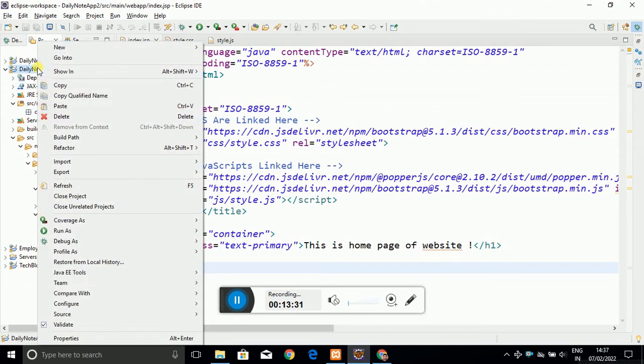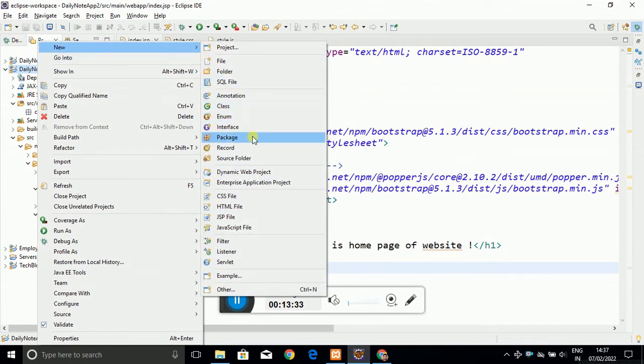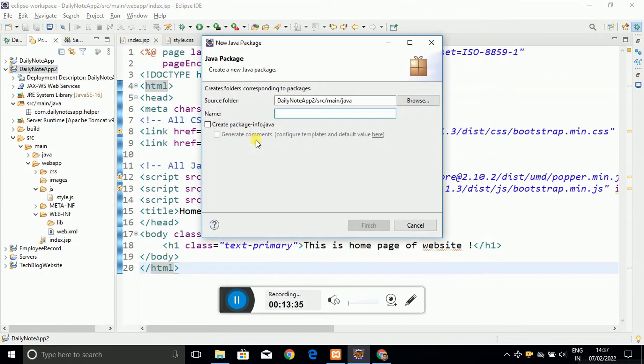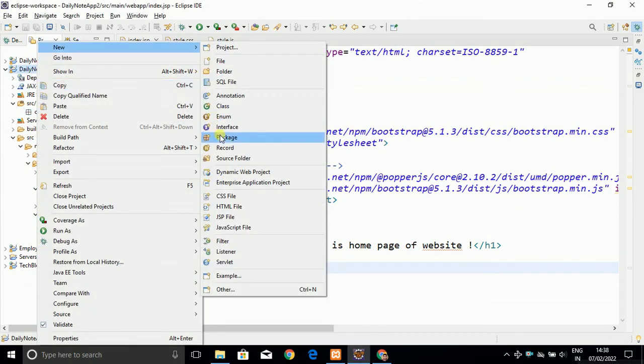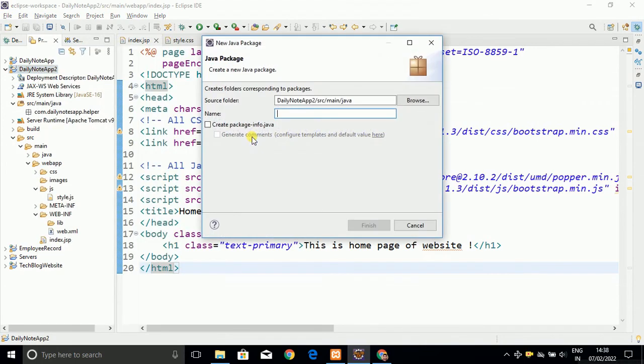In a similar way we are going to create another package: right click on your project, click on new, click on package, and give the name. So let me create the package com.dailynodes-app.dao. DAO means data access object.